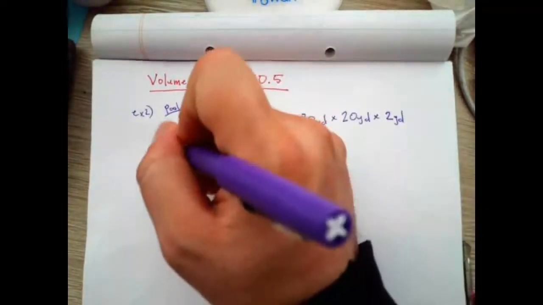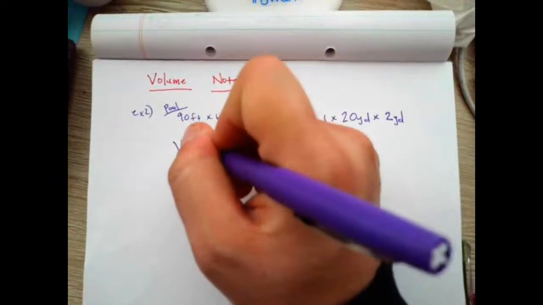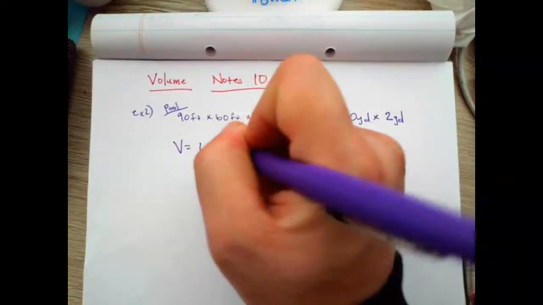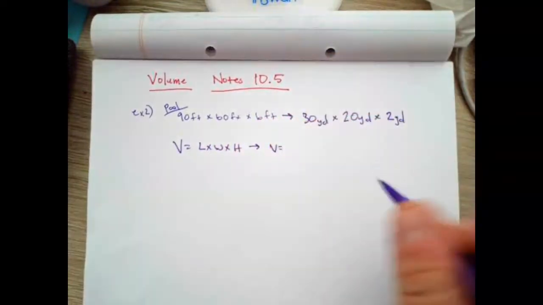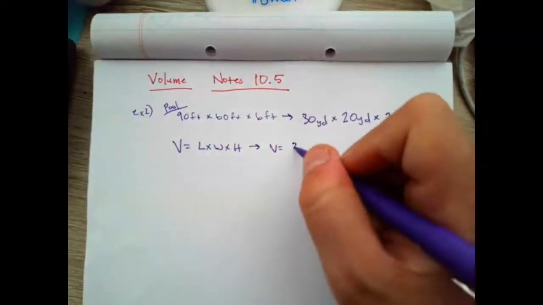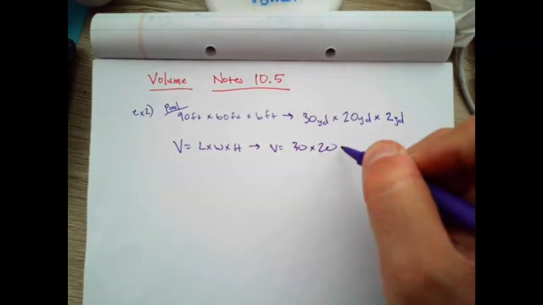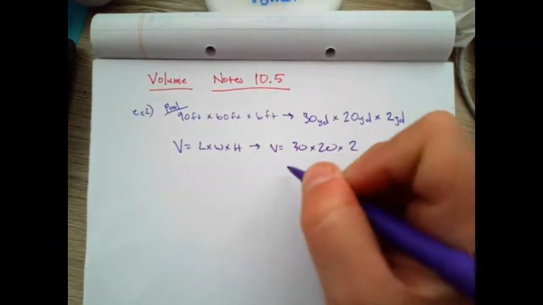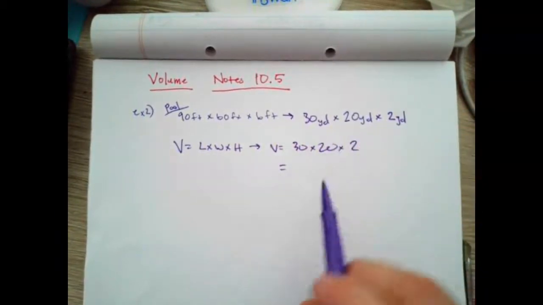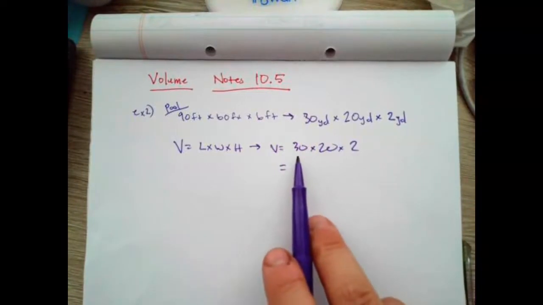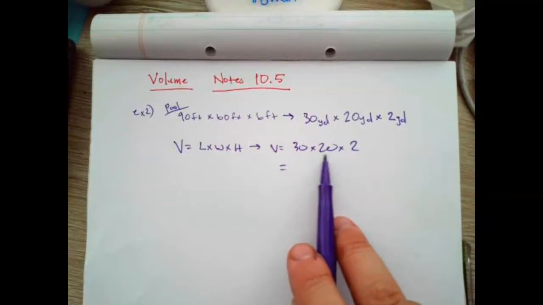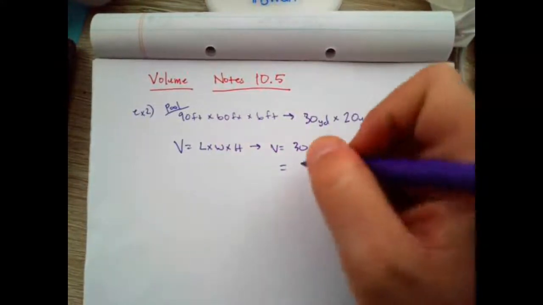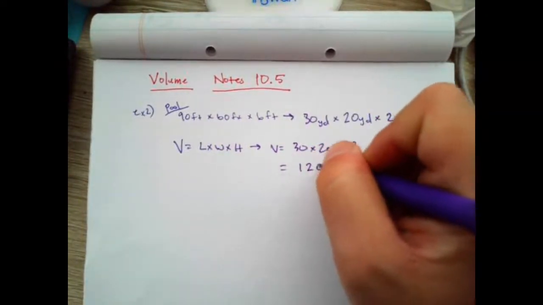A rectangular prism is easy. The volume is just length times width times height. So for this one, the volume in cubic yards will be 30 times 20 times 2. And yes, use a calculator as needed. 3 times 2 is 6, so that'll be 600 times 2. So 1200